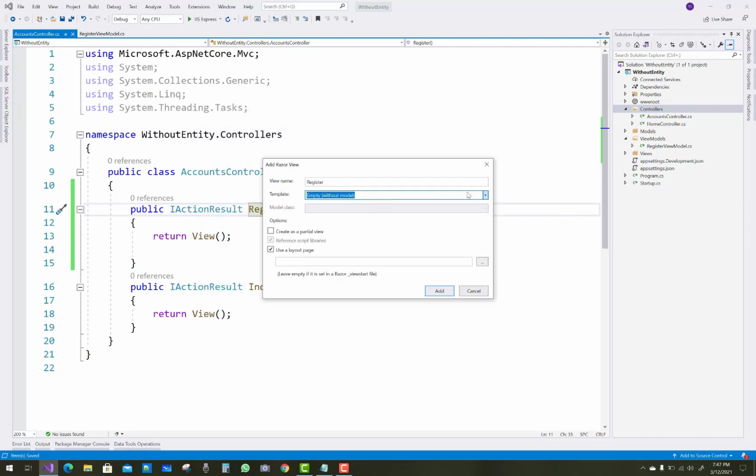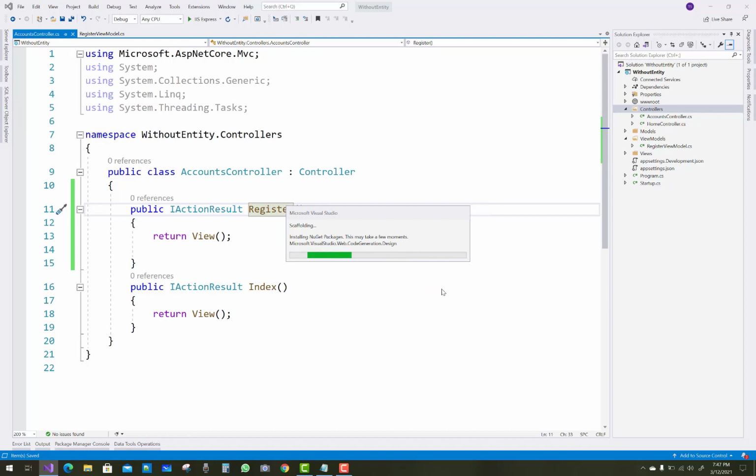The template is Create, and the model is RegisterViewModel. It takes a few seconds to generate your views by using scaffolding.